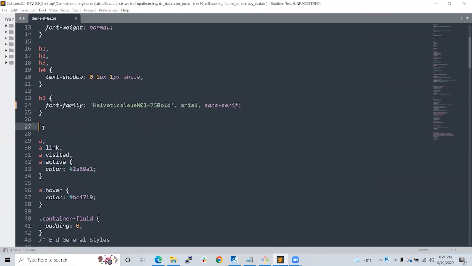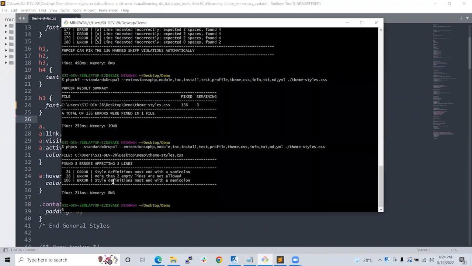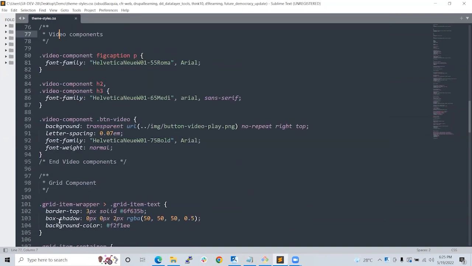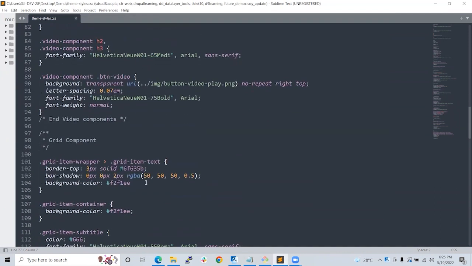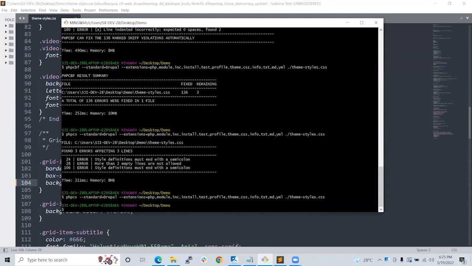Then line number 28, you cannot leave more than one blank line, so there are three blank lines. And at 106, a semicolon is missed. If I run the code sniffer again, there won't be any issues.